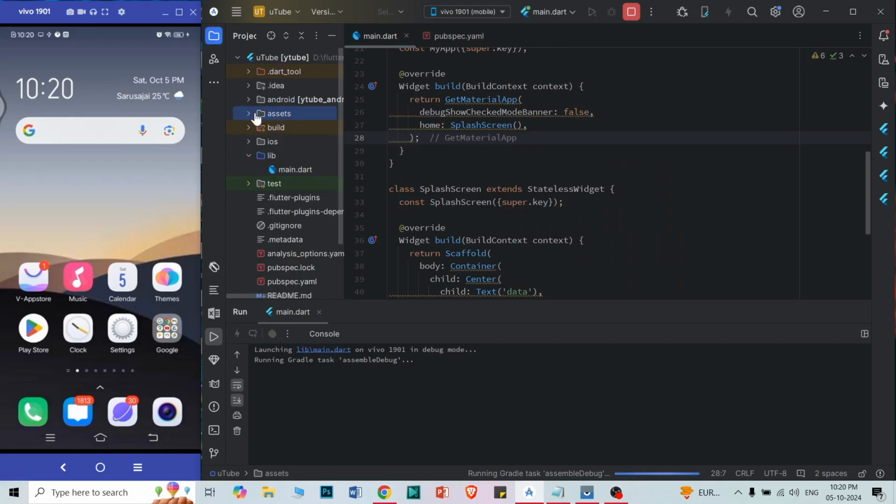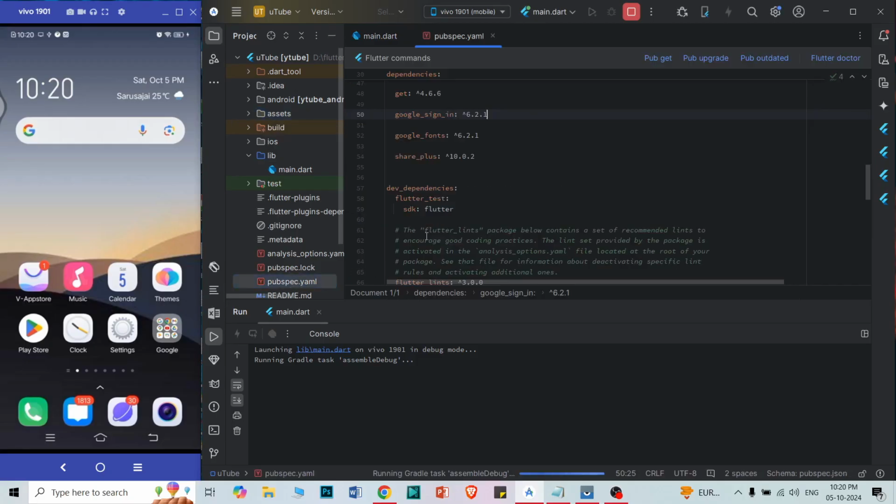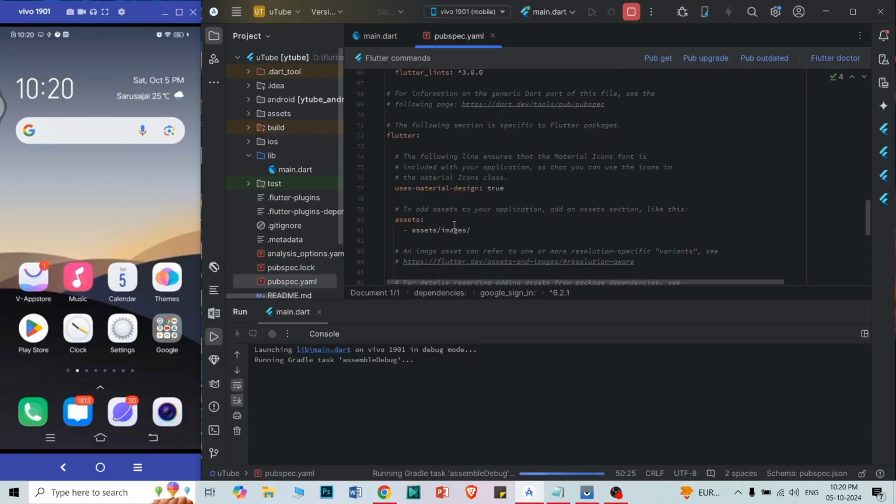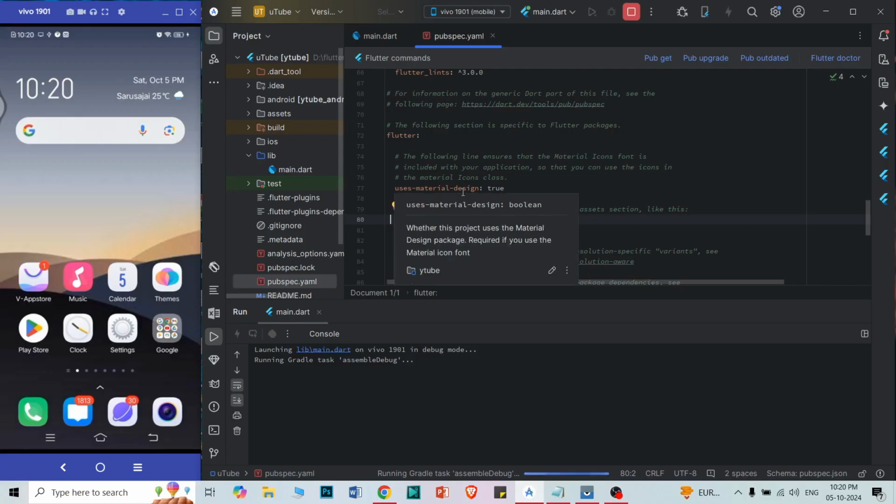And after creating the assets folder, go to your pubspec.yaml file, and here you need to write this line, assets, and under assets you need to give the permission of this image folder. If you give this permission, then inside the image folder, whatever images you have, this app will grant the access for those images. Okay,